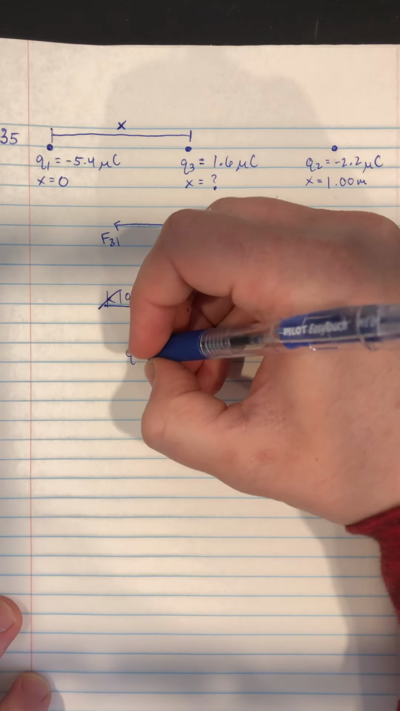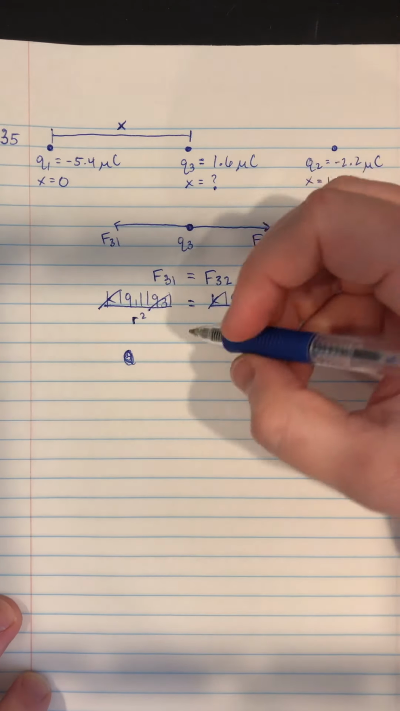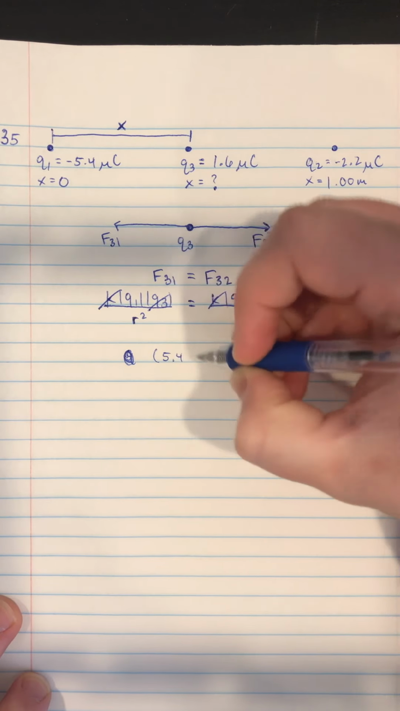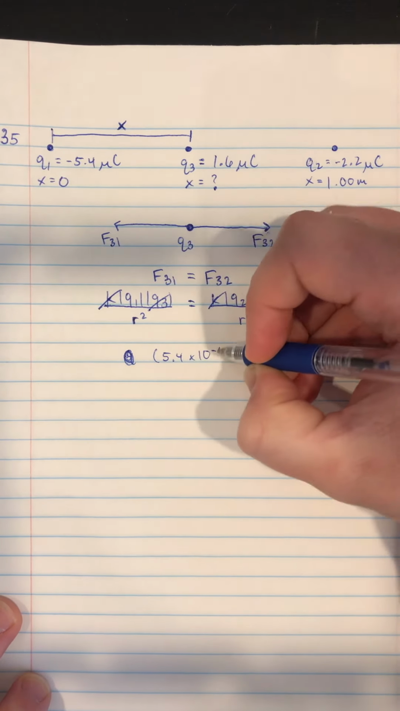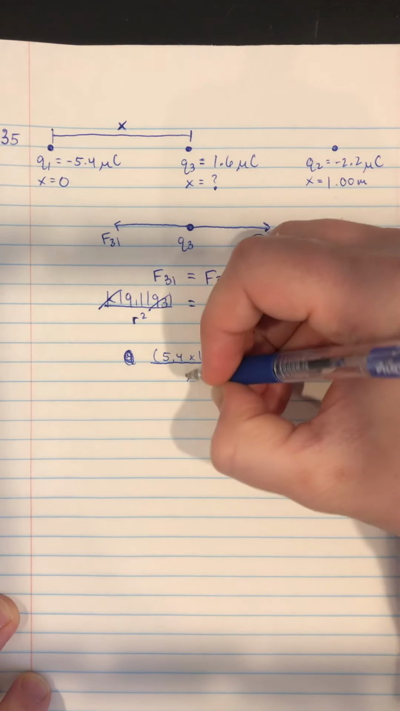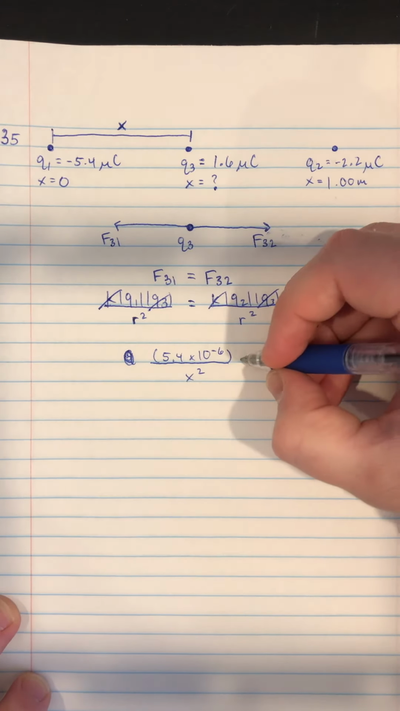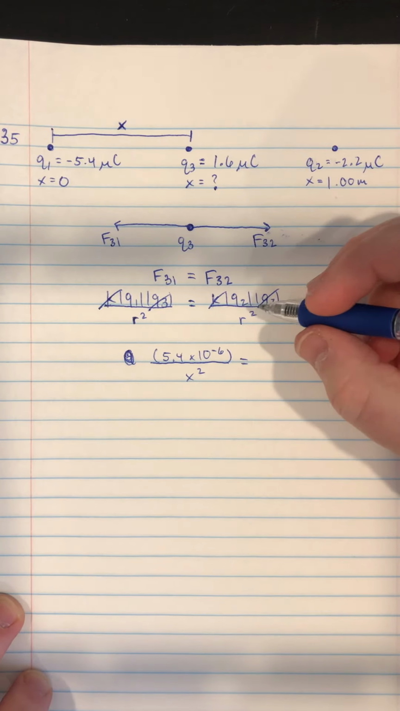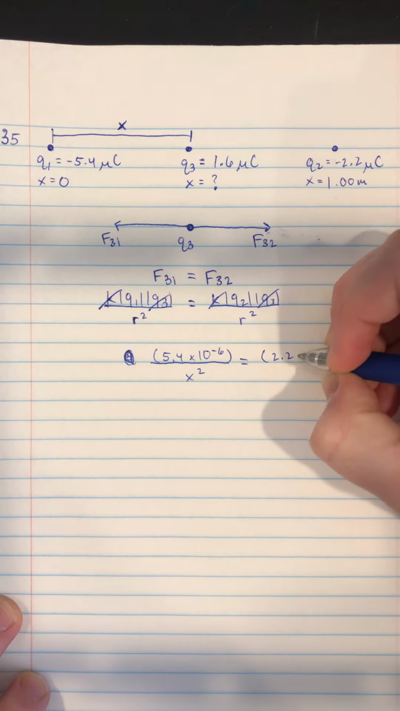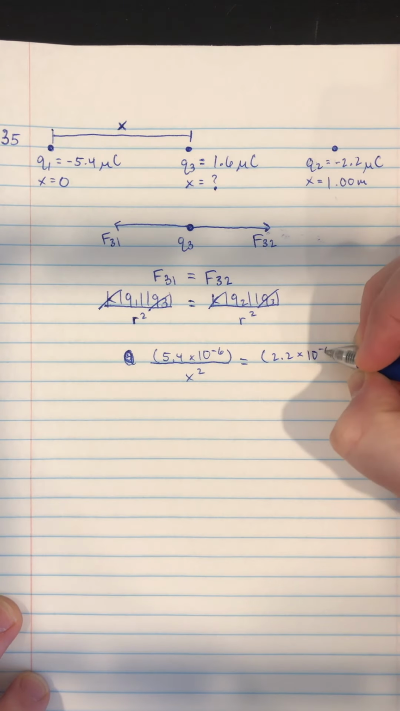q1, actually, I could write the value of q1. I don't need to just write q1. So 5.4 times 10 to the negative 6th divided by x squared equals q2, which is 2.2 times 10 to the negative 6th